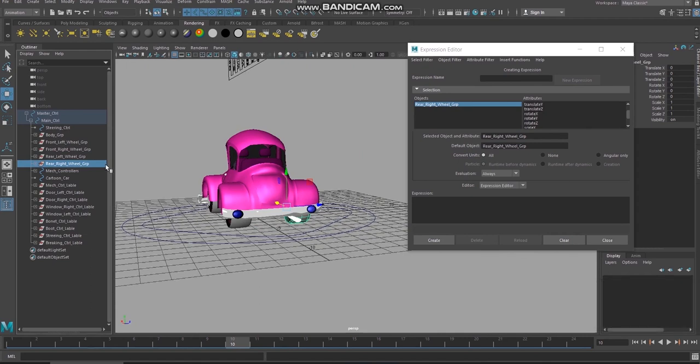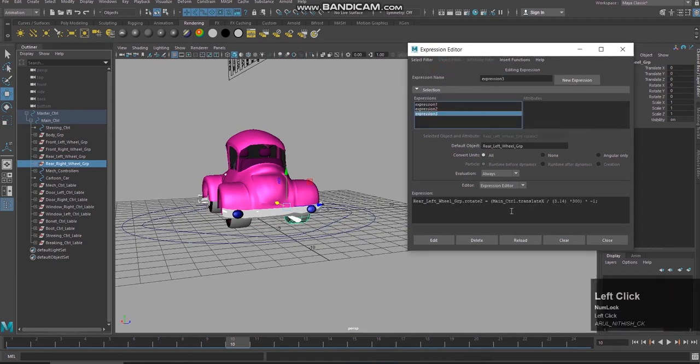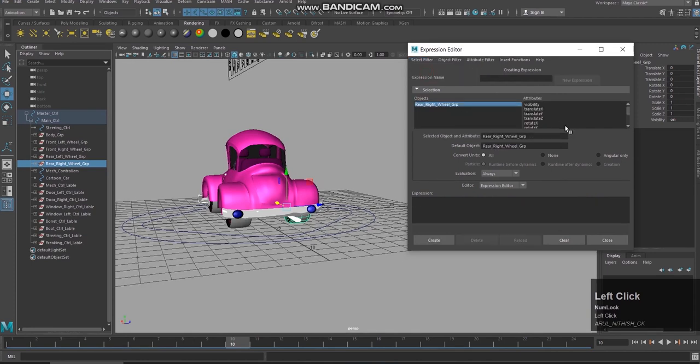Before that, I should go to the expression name. I will copy one complete expression. So I'm coming to rear right wheel group, rotate Z. I'm pasting this. Again I'm simply changing the left to right. I'm creating the expression.